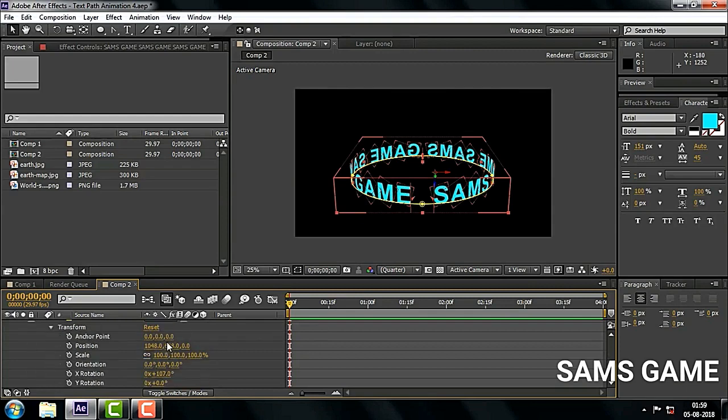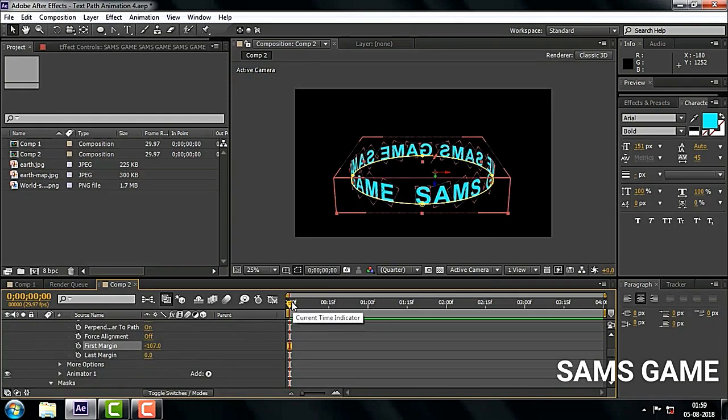It's done. Just go to the path option, select first margin, and set a value. Click on the stopwatch to create keyframes on the timeline like this, then move your slider and change the value of first margin.